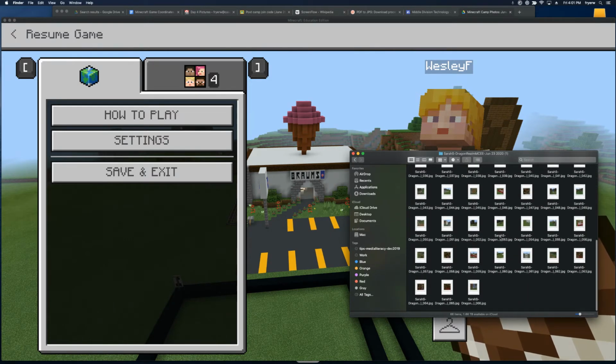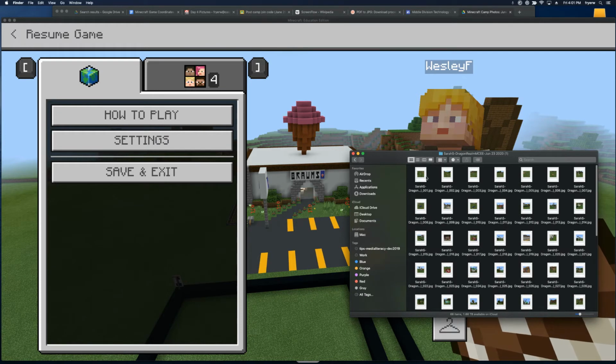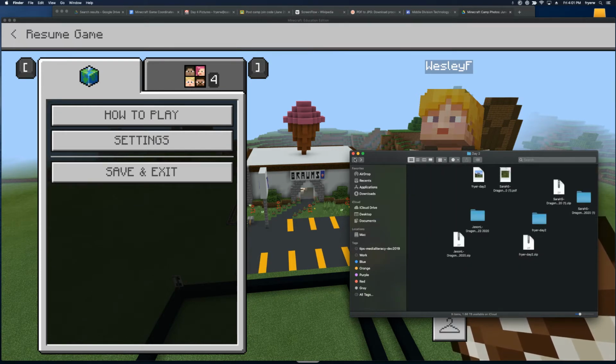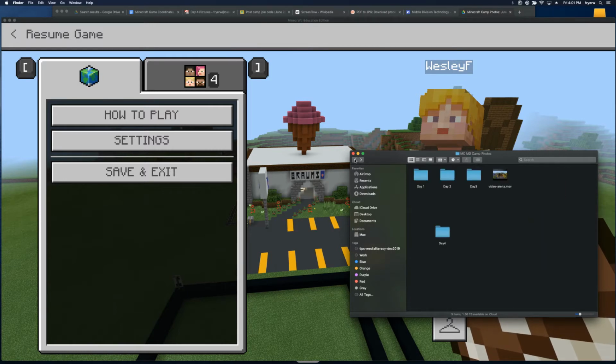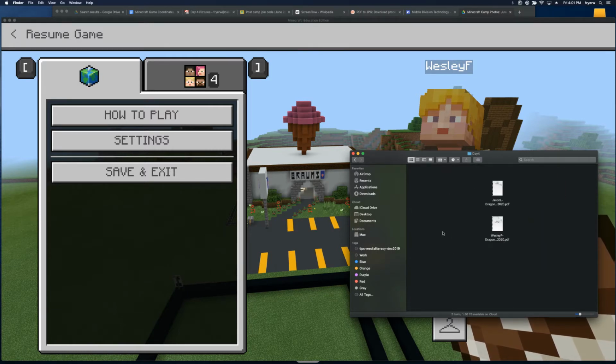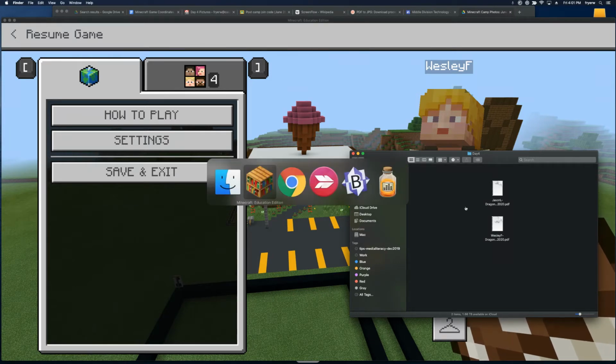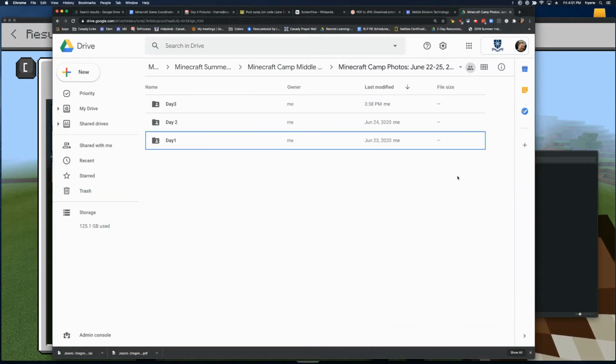Sarah took 66 pictures. These are the images that were converted. And so that's what I'm going to show you, is how I'm readily or quickly going to be converting that PDF into images. So I'm going to switch over here to Google Chrome, and I'm going to go to a